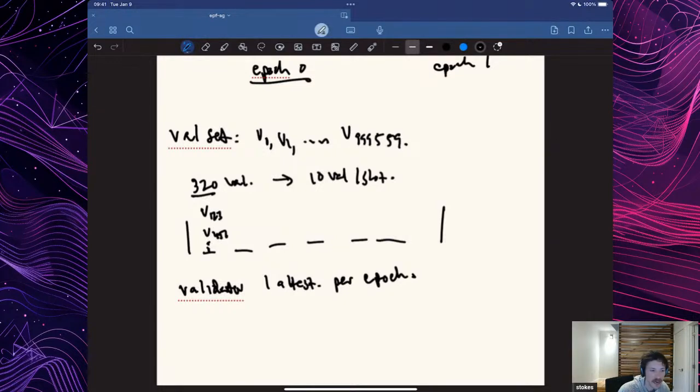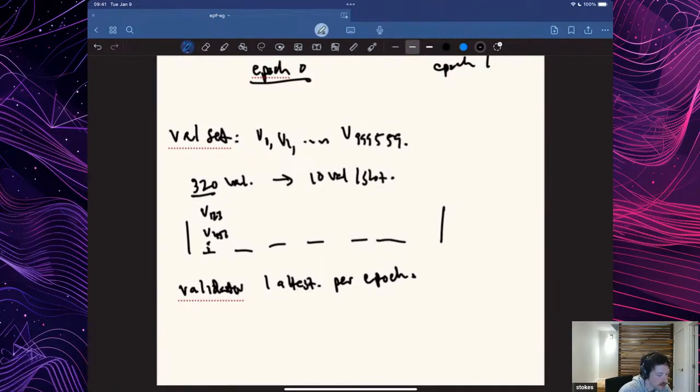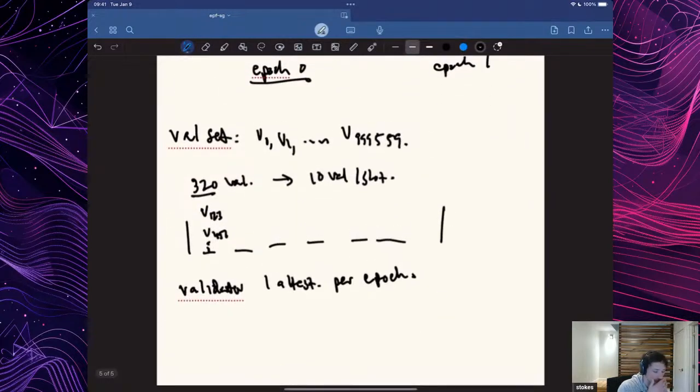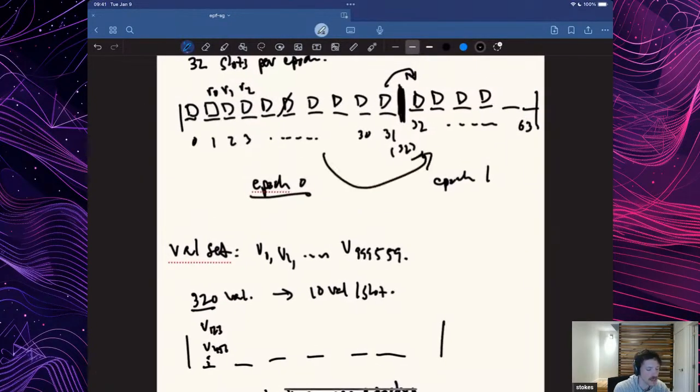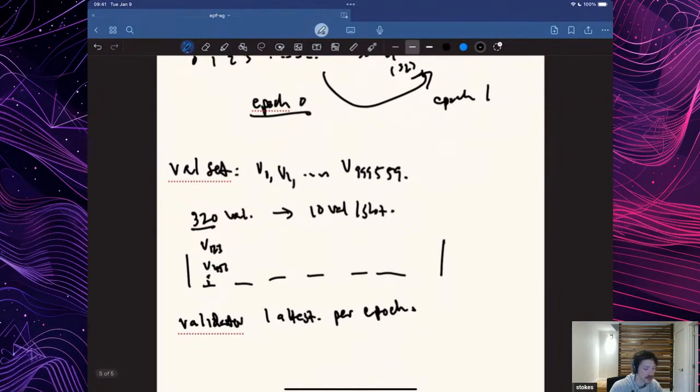There's this notion of the RANDAO. The way this works is that as I go to put a block in the chain, I basically put some local randomness into every block. So we'll say R0, R1, R2. You basically mix them all together in a particular way. And the idea then is that there's this notion of randomness that you can use to do the shuffling, to decide, say, for the next epoch, what this validator shuffling should be. Validators then make one attestation per each epoch, again, assigned to some particular slot.